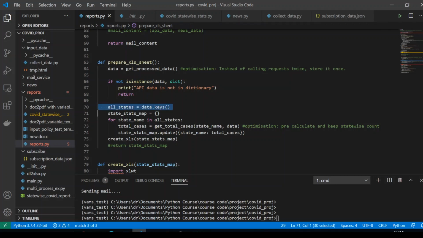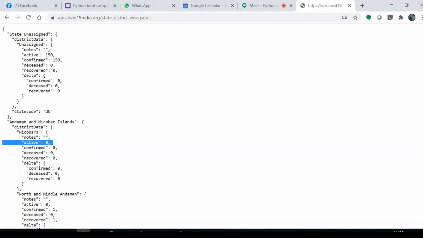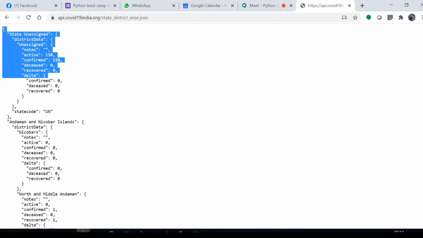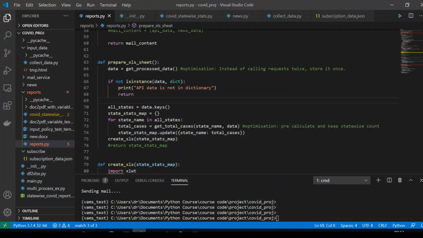key statement. That means data dot keys, as we saw here. So in this dictionary, if I do dot keys, I will get all the states. So I am collecting all the states here in this particular line, and you can look at this.